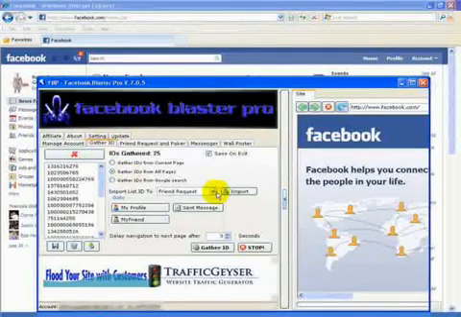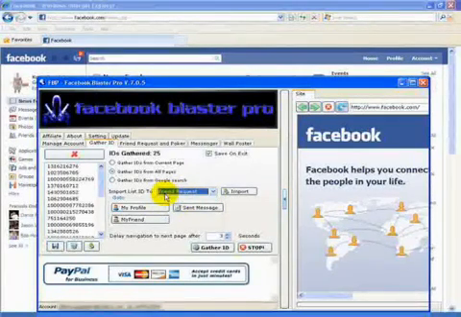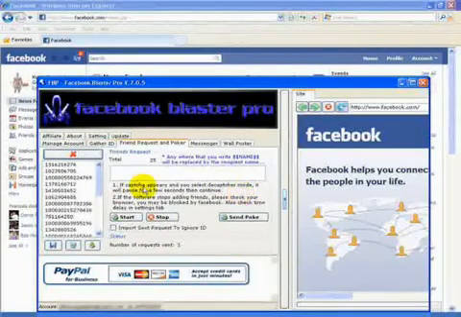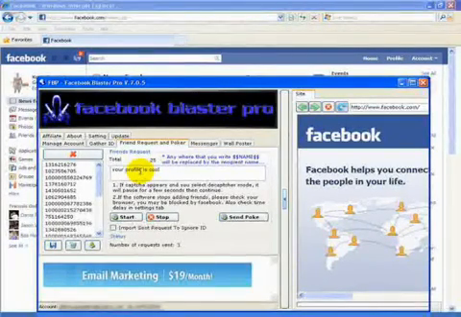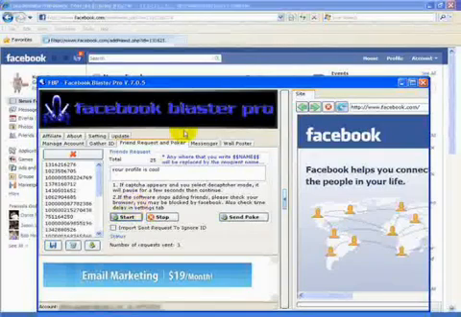So to do that, since you just gathered them here with the Gather ID tab, you want to import them to the next tab, and you can do that by scrolling down and importing them. Well, the default is already set at friend request, so all you got to do is click import, and bingo, it's here. Type in a nice message. Your profile is cool, let's say. And then you want to start sending these Lady Gaga leads a friend request, and you do that by clicking start,